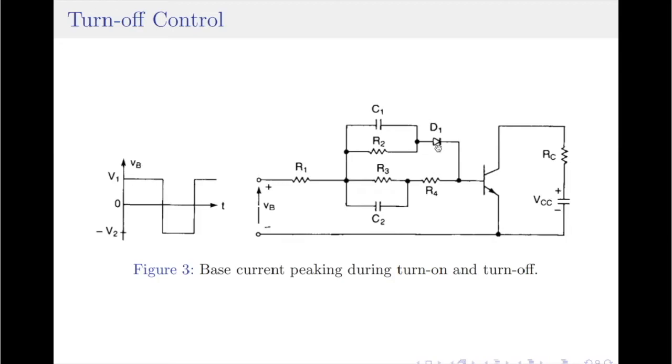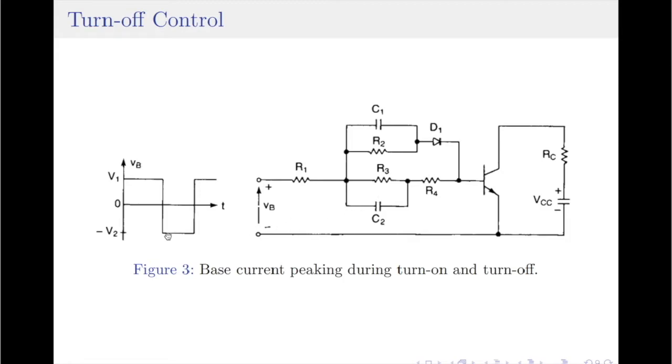The circuit construction is very similar to what we have for the turn on control, except that we have more components added. The diode D1 is a very important component here because it isolates the turn on time and turn off time. Looking into the diagram for the input applied voltage VB, when the voltage is positive, the diode D1 is turned on and all of these components will come into picture to estimate the turn on time.